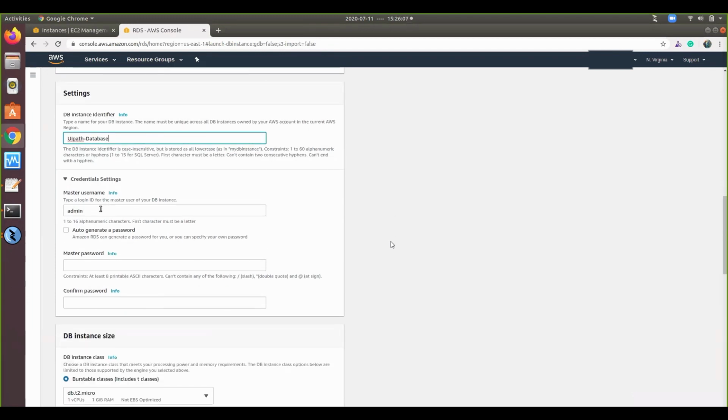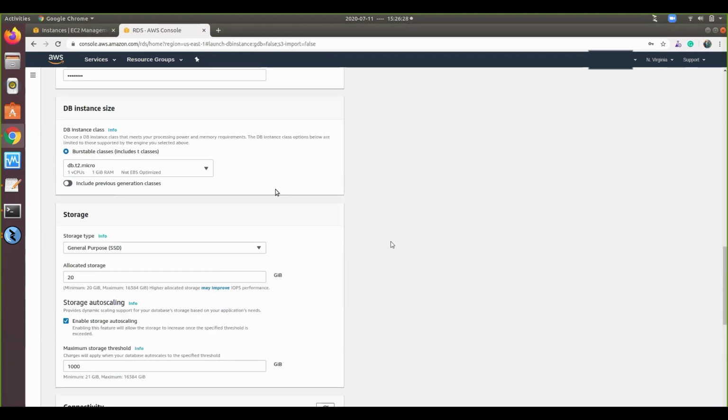So these are the credentials to log into the database. Instead of having an auto-generated password by AWS, we'll be going with a predefined one, which makes it easy for me to remember and use in further steps. Yeah, so this is enough for us, currently for demo purposes.